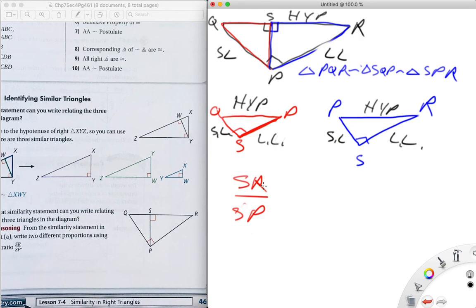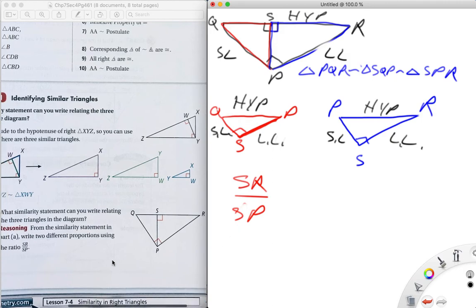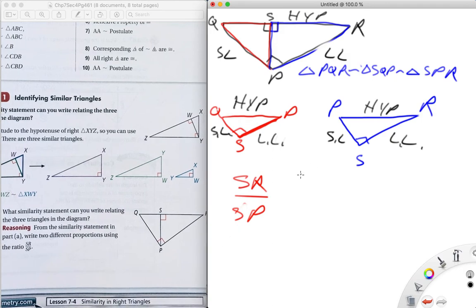So here it looks like we have the SR, SR. So SR is the long leg of the medium-sized triangle. SP is the long leg of the small triangle. Write two different proportions using the ratio SR. So SR can equal, we can say the long leg of the short triangle, SP,